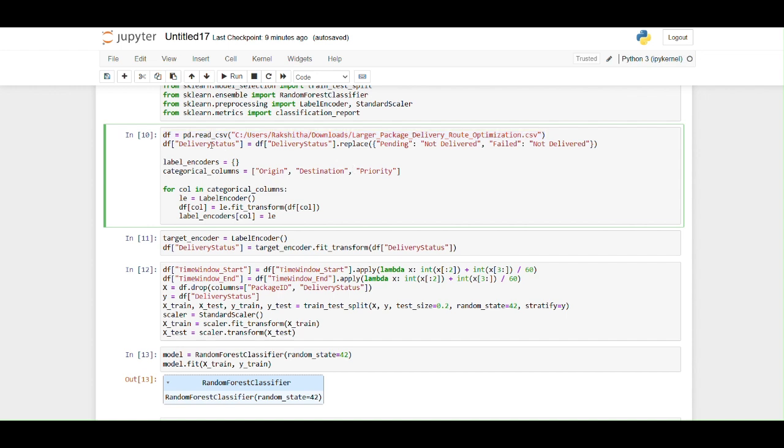My predicted column is going to be delivery status. Since it contains three categories: delivered, pending, and failed, I'm converting it into two categories. If it is pending or failed, then it is not delivered, otherwise it is delivered. So that is what this line does. df['delivery_status'] = df['delivery_status'].replace pending as not delivered and failed